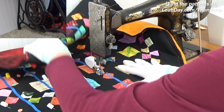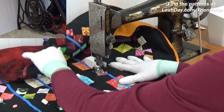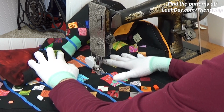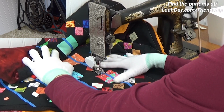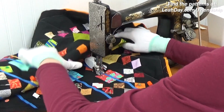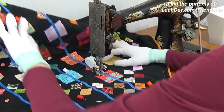You know, I don't have to do even nearly this much quilting, but we do want to add just a little bit of an accent to all of this beautiful piecing we've done, and I really think that these diagonal lines are working great. So I'm just going to continue stitching across, working my way through this one line at a time. As you can see, this one particular line is giving me a little bit of a fit as